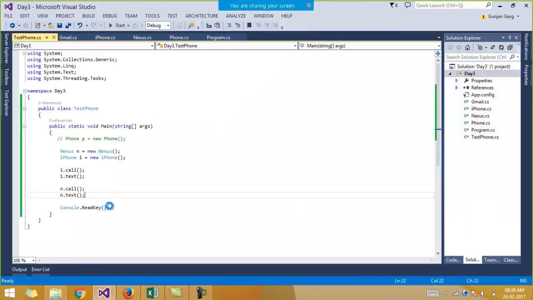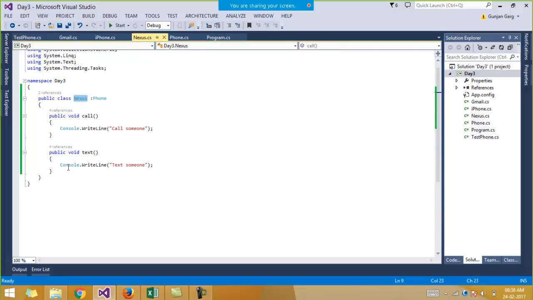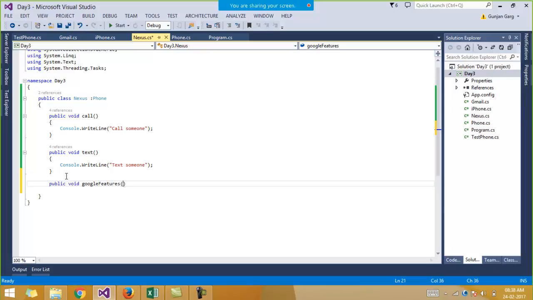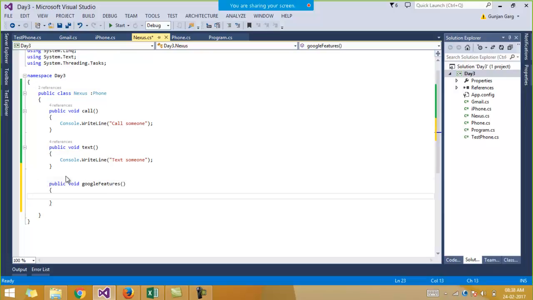Okay, so fine. Like you create the object of the implementing classes. Now suppose we have a unique feature in the Nexus class, one more feature, say the Google features functionality, which this Nexus class provides.